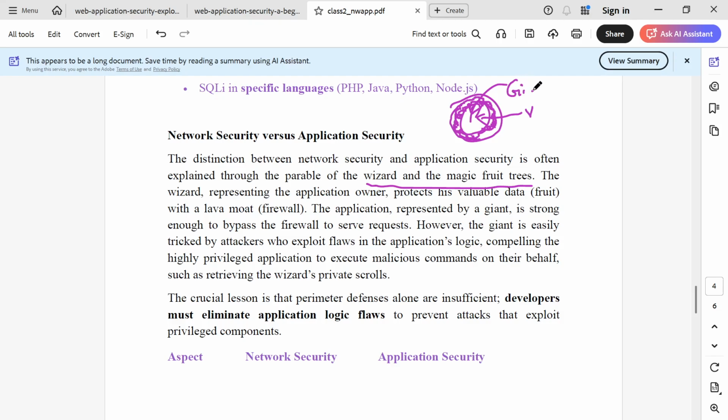So a giant is bought to safeguard this garden, and now you know the network is broken, right? The network between the villagers and the garden is broken because of this molten lava. So a giant is brought to this garden. The wizard ordered the giant that whatever the villagers are asking for should be provided to them immediately,